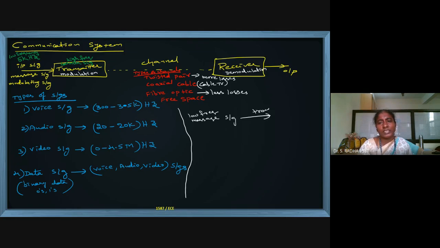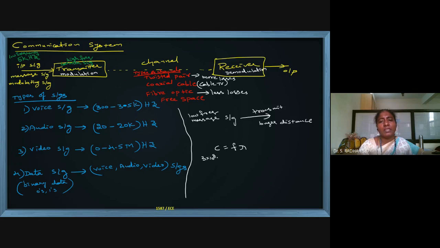We are going to transmit, and it will travel for a longer distance. Generally we know the velocity of light, c, is nothing but f lambda, frequency into wavelength of the signal. The velocity of a light signal, c, you know it, is 3 into 10 power 8